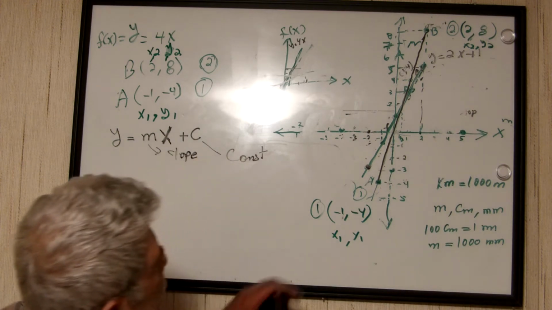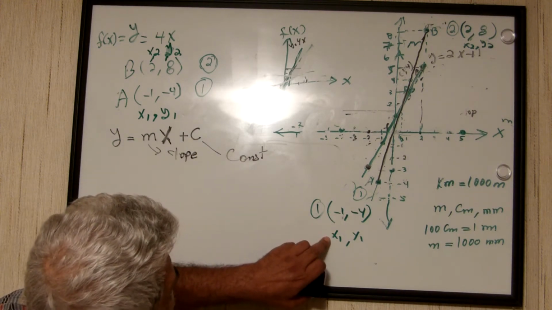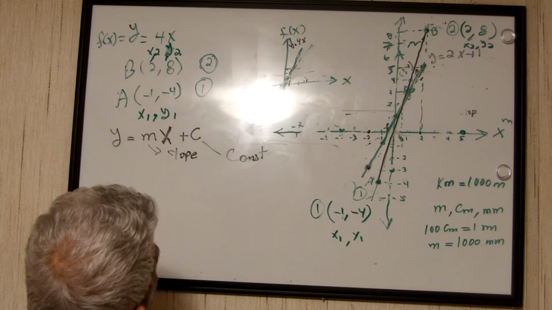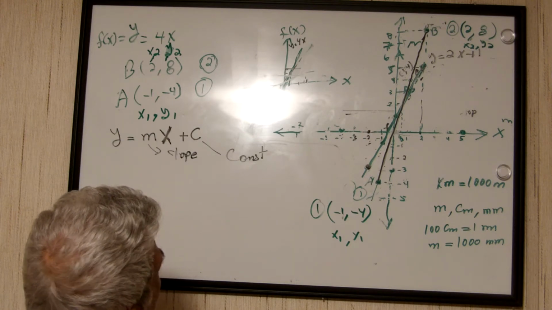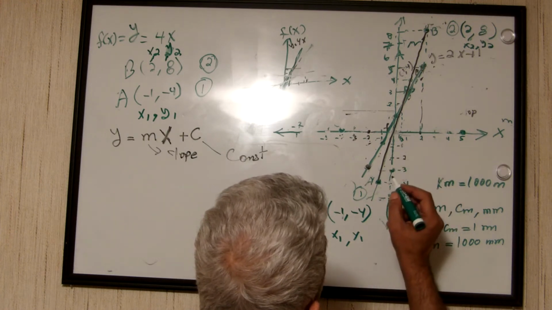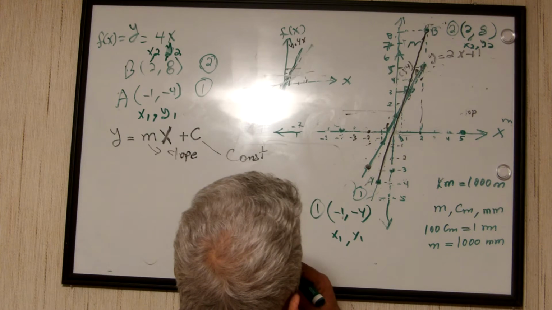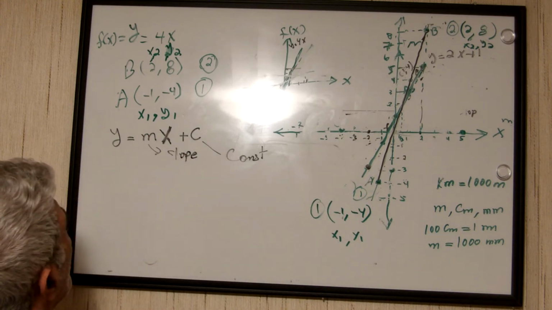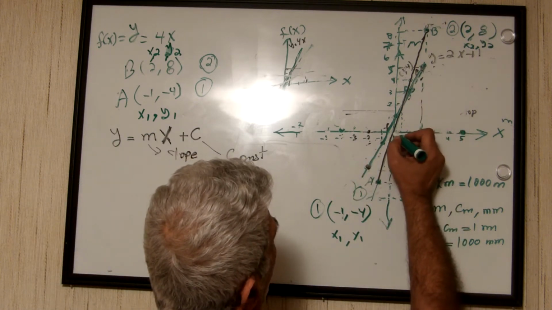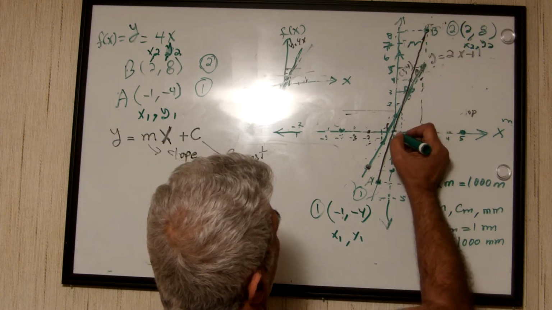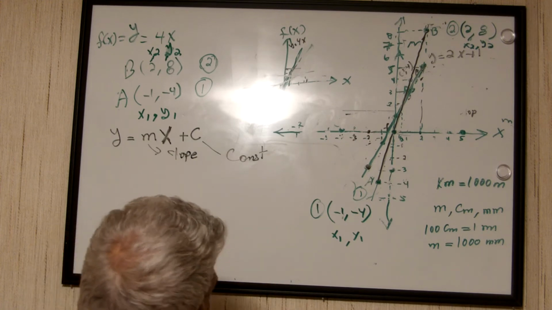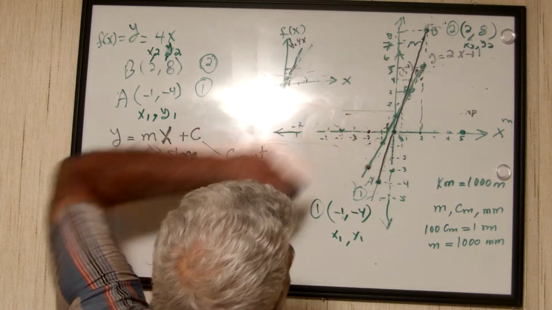Okay, the first one is the x coordinate. So we find that m is 4. You can find any point. Suppose any point you can put, you can have this point and this point. Then still you have 2 points. You can find the slope. You have 2 points. Point 1 here is now